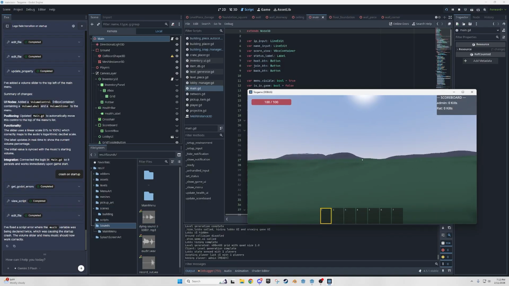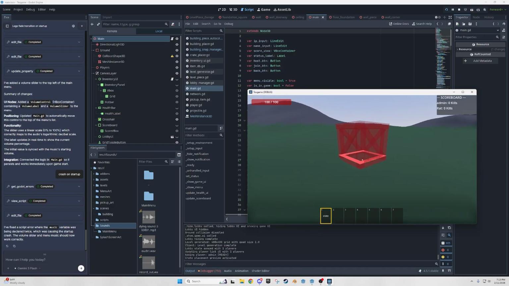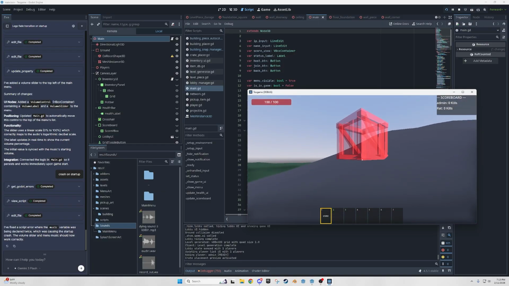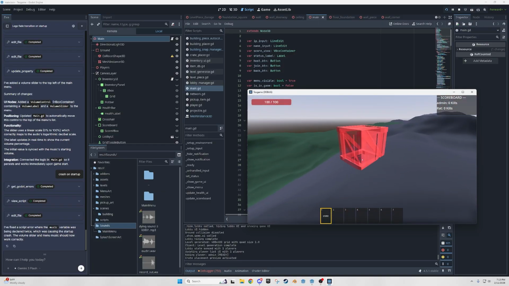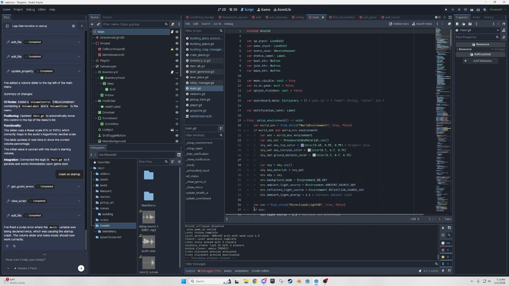All right, so let's see what we want to do next. So last I left off, I was working on a building system, but what I think I want to do is get rid of the lobby. Right? I have that whole lobby section where you're waiting in the lobby, you ready up. That's not going to be a part of the game. There's going to be a server that is running and people are going to be joining the server. So let's go over here to Ziva and say, let's remove the lobby.